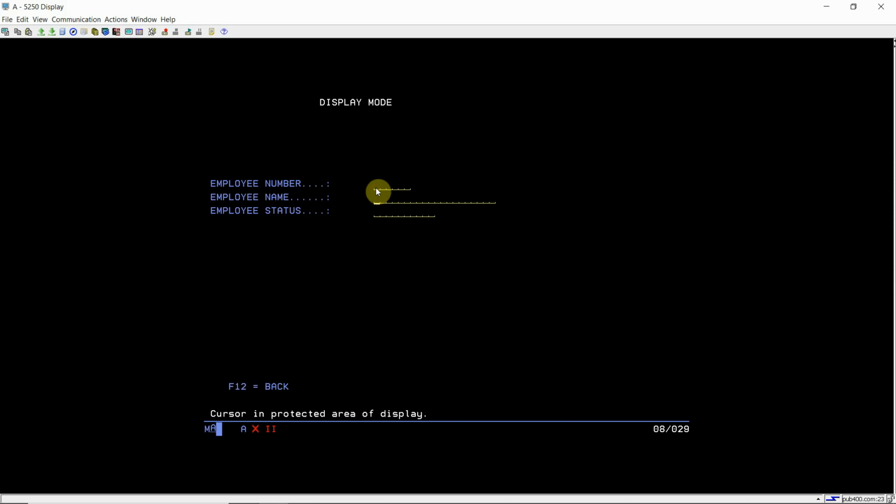You cannot insert anything here because you are in display mode right now. In case you are fetching some data from the file which you may have used in your program, and you are displaying the data here, that cannot be editable. You cannot change or update the data.